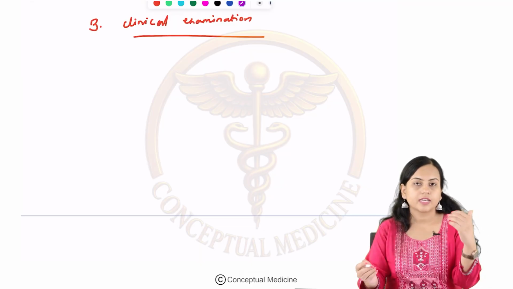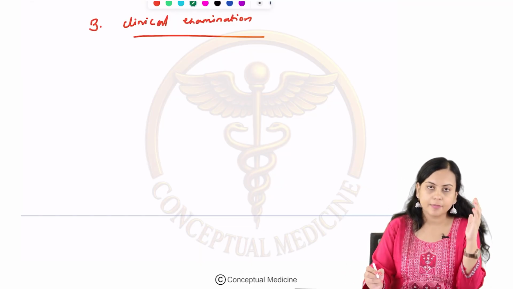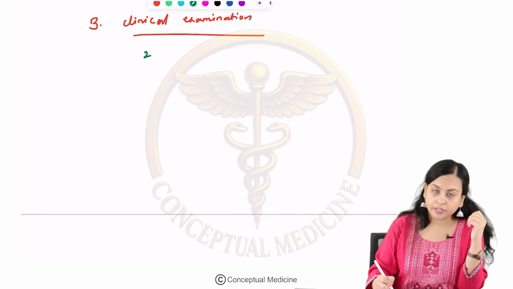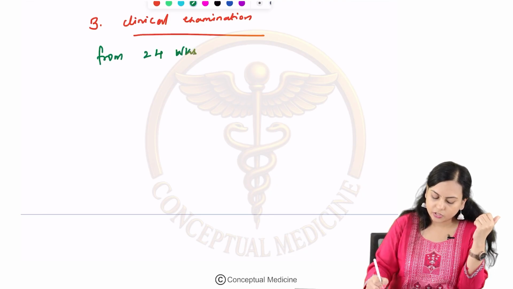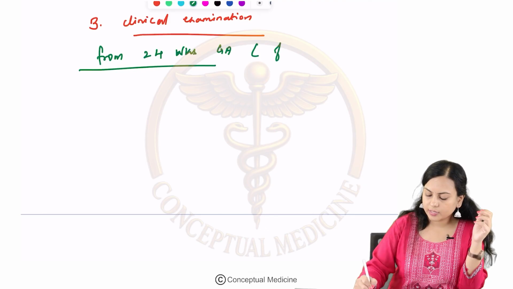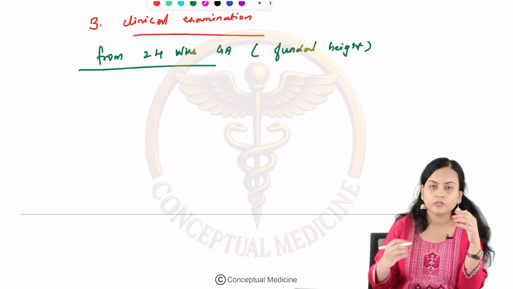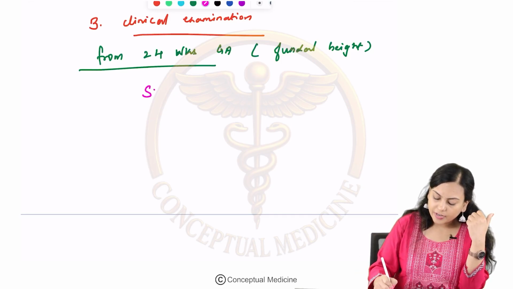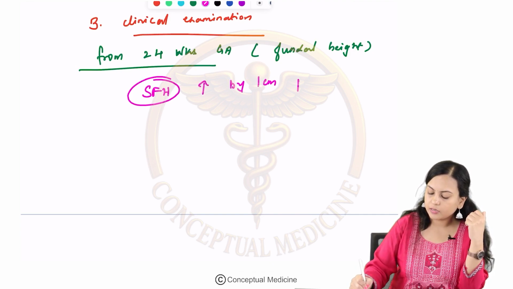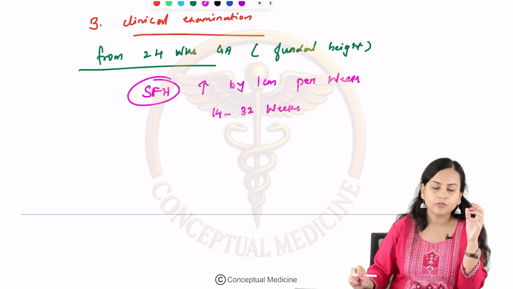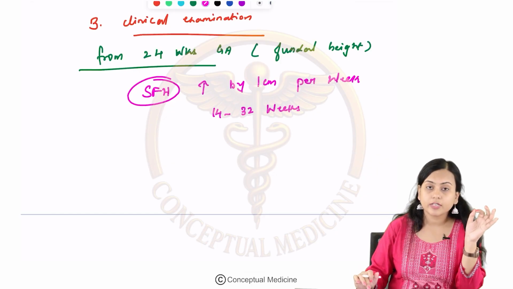Okay. So when you have to start examining clinically, you should start examining the uterine height from 24 weeks of gestational age. Okay. So that is nothing but the uterine height or the fundal height. Okay, you have to remember the fact that symphysiofundal height increases by 1 centimeter per week. Okay, and especially between the weeks 14 to 32, the symphysiofundal height is going to increase by 1 centimeter per